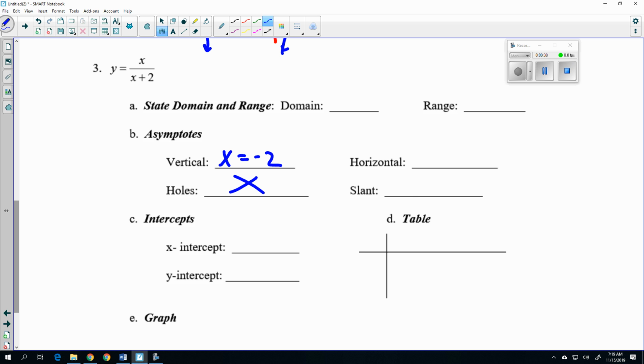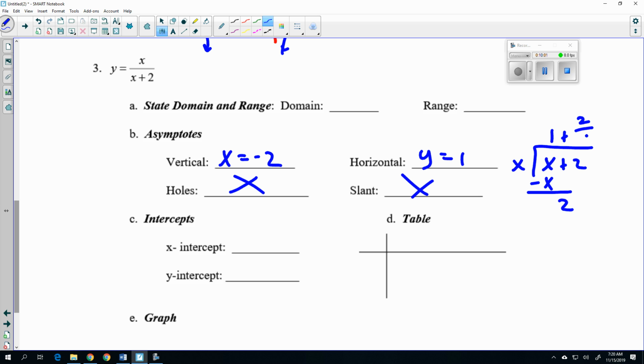Okay. And what is my horizontal? If I have a super large number, like 1,000 over 1,002, and I divide those, what am I getting close to, 1 or 0? If I took x plus 2 and divided by x, would you agree I would have a 1 there? And I would get